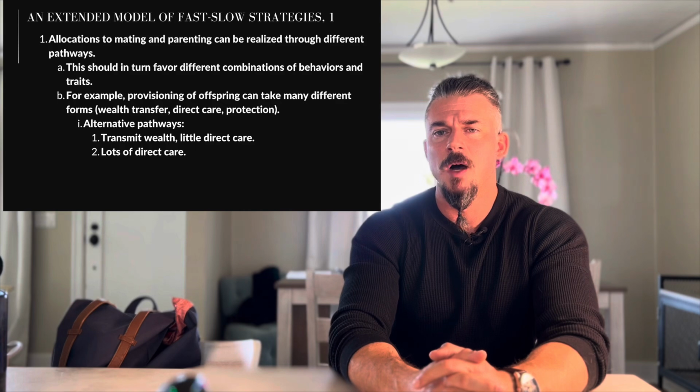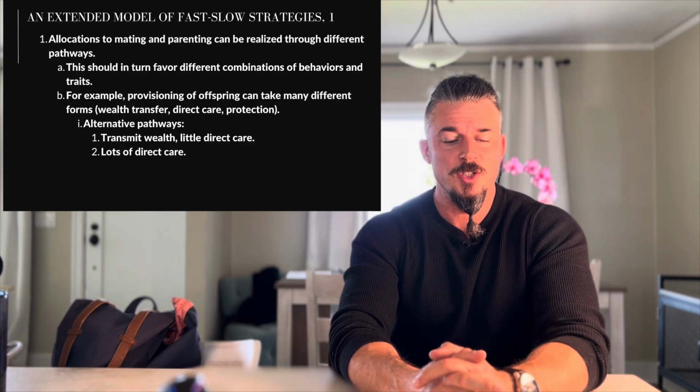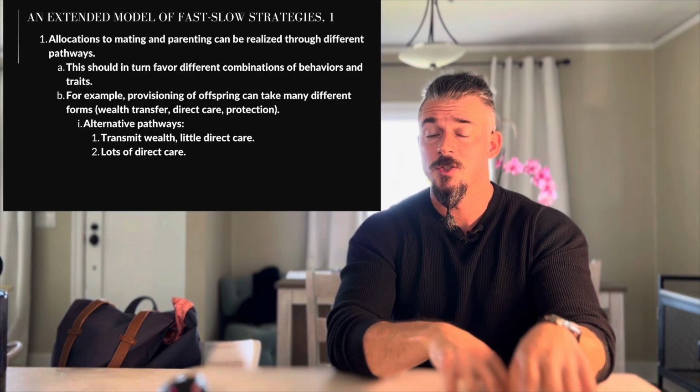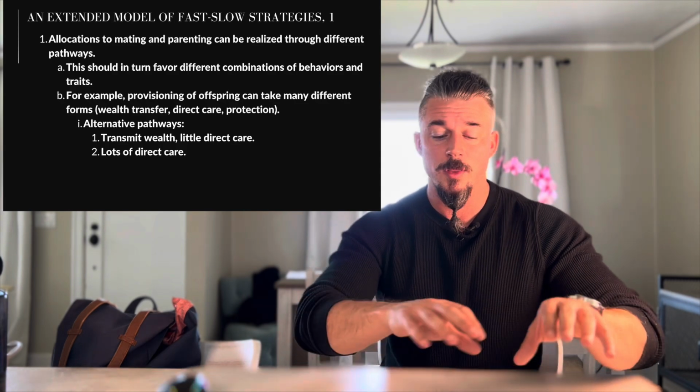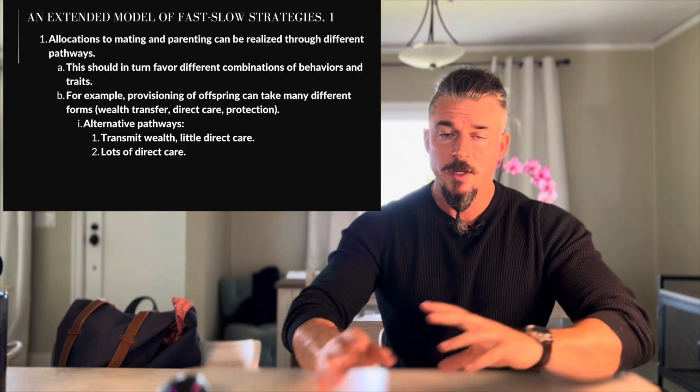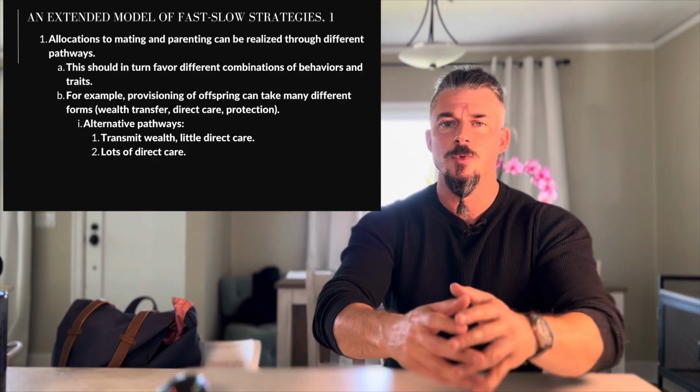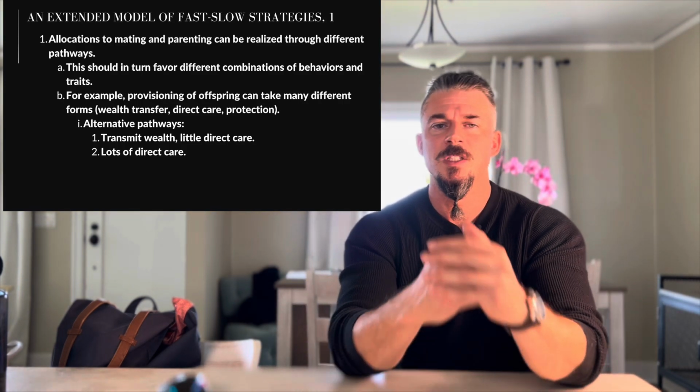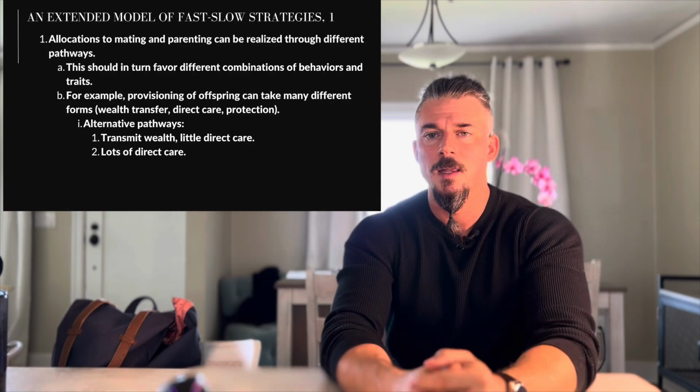So, an extended model of fast and slow life history strategies. What we have described so far is essentially the basic model, what everyone's been working with. The current author, Marco Del Giudice, is proposing an extended model, looking at this a little bit differently, but still with the same traits. So not that differently, but let's see what we're looking at here. I really like this extended model.